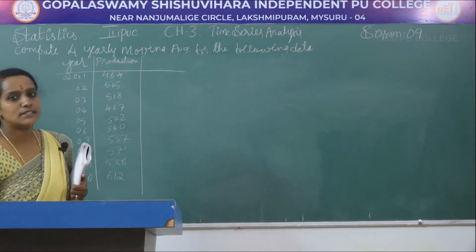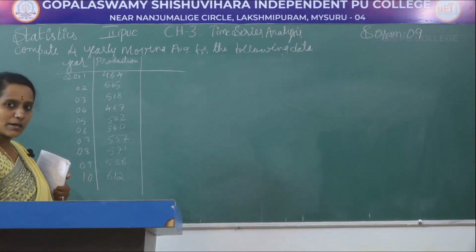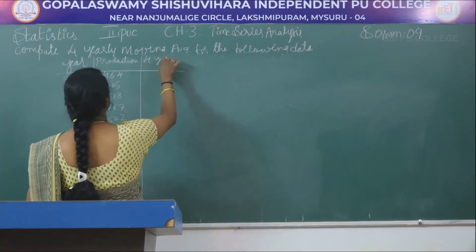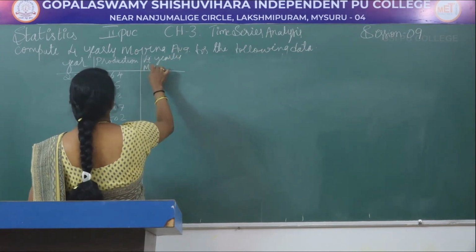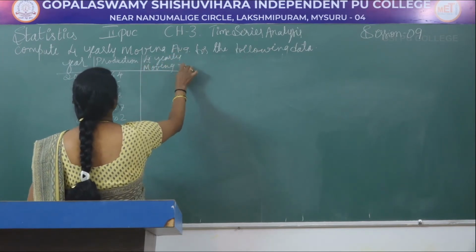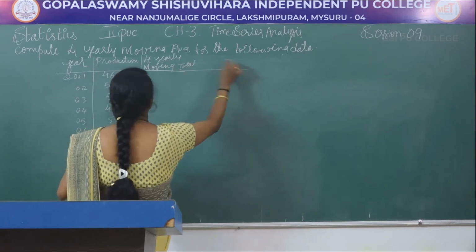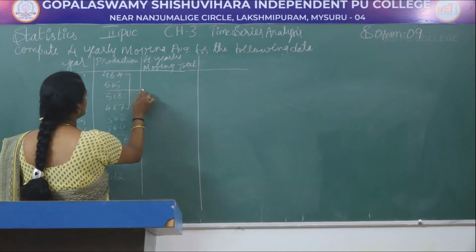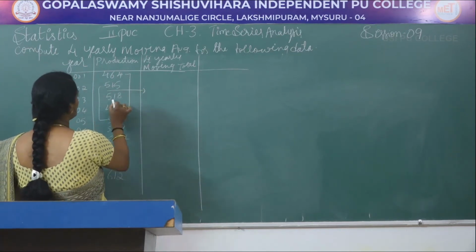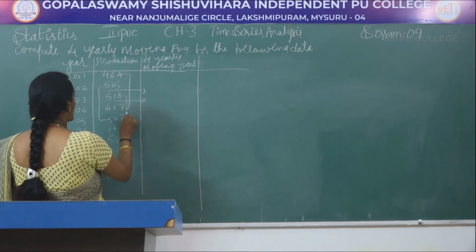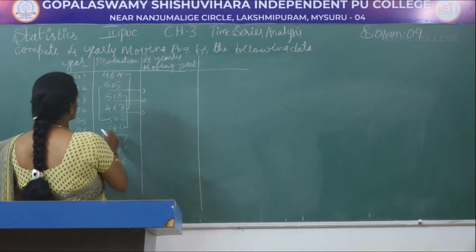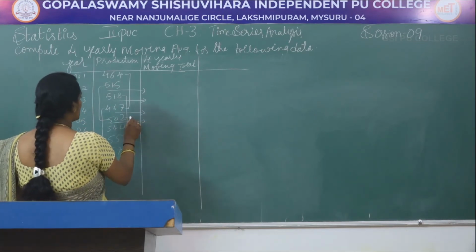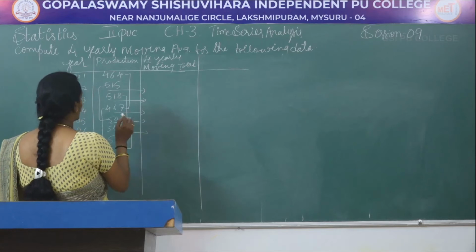So next step is, as we know that we have to add 4 numbers first. That is 4-yearly moving total. For that, we have to add 4 numbers and divide that by 4. First, I will put the arrow marks and I will show the positions, so that it is easy to calculate and you will not get confused when you are writing.